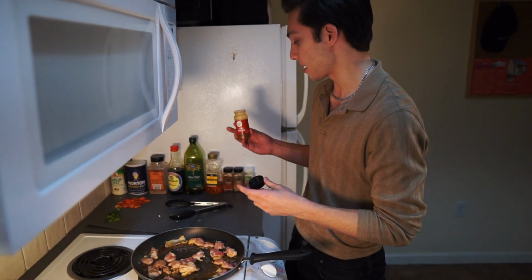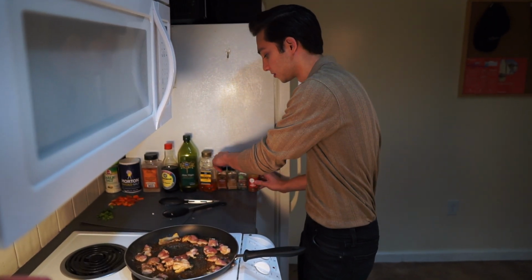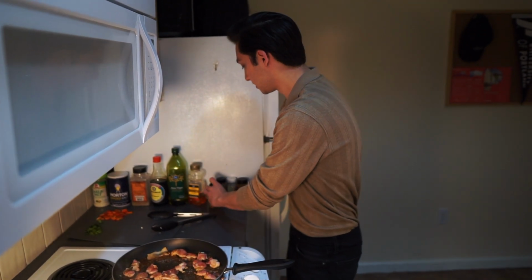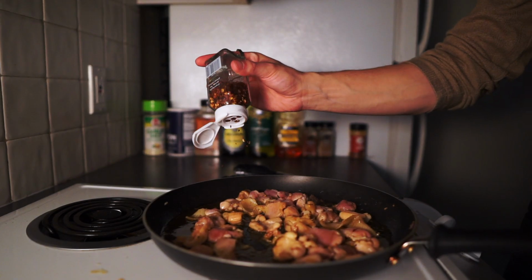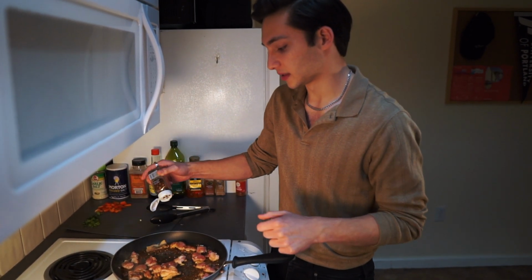so I'm going to throw in some chili powder. I'm going to evenly distribute that on the chicken. And then I'm also going to put in some paprika. Shout out to Blue's Clues. And then I'm not going to use any cumin in here, but I do use a lot of cumin in my cooking. To finish that, I'm going to use some red pepper flakes